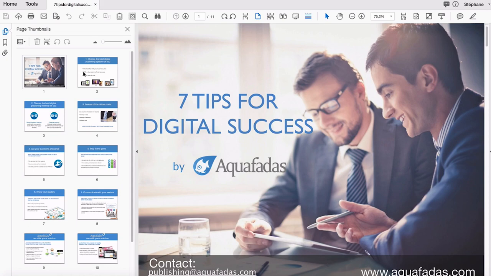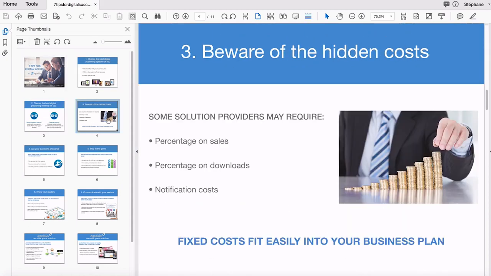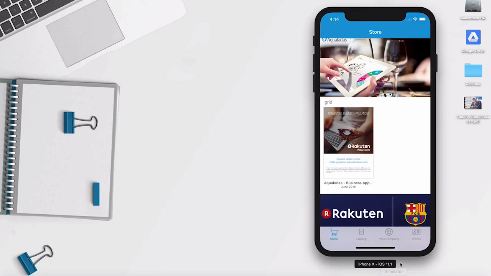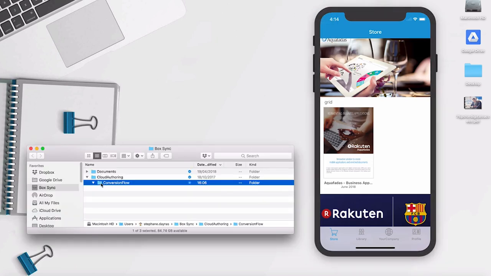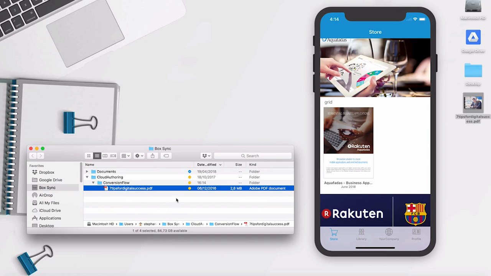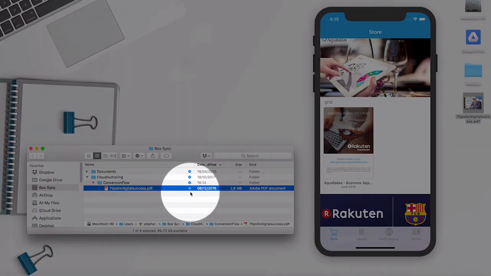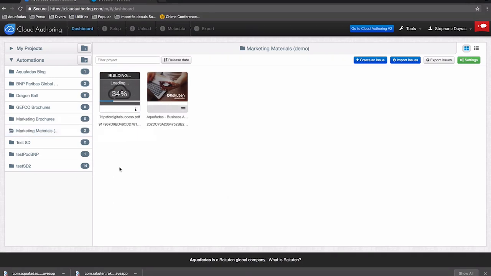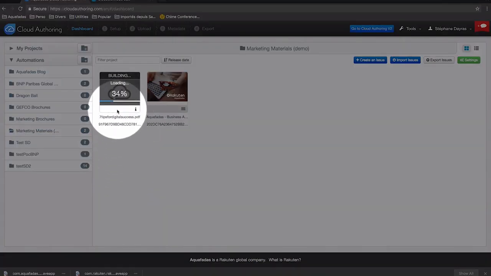Let me show you how it works. We can also integrate with your legacy tools and your own environment, like a Box synchronization folder. In that case, I just want to publish a PDF, the PDF document you have seen. Drag and drop it to my Box synchronization folder, as easy as a simple drag and drop. Wait for the synchronization to complete with a tick box, which became blue. Then it will get processed automatically behind the scenes.